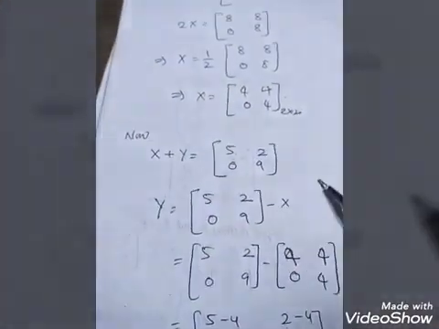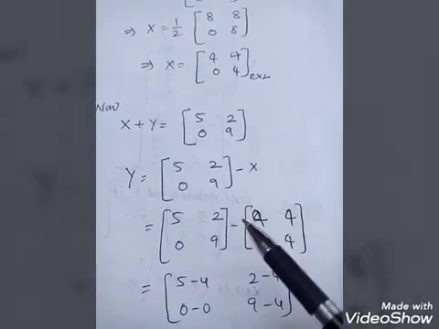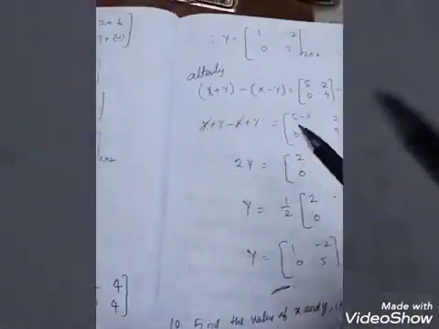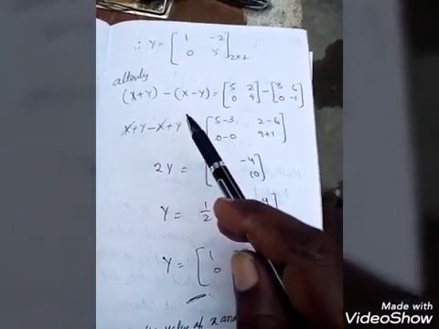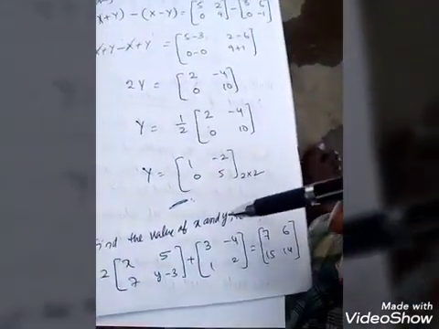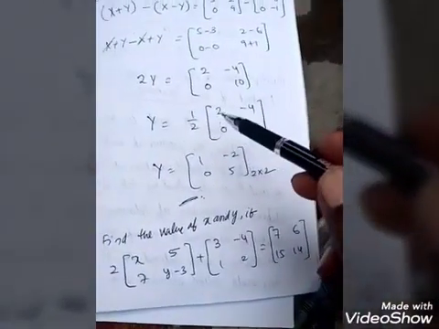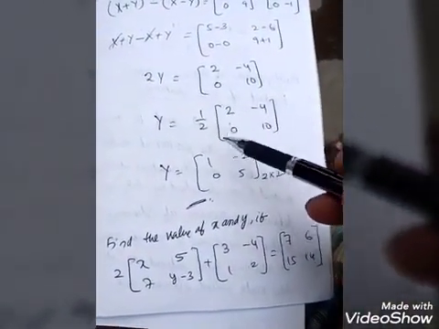Similarly, you can go from equation 1. You can substitute the x matrix in that one. Otherwise, alternately, you can go for the subtraction of equation 1 minus equation 2. You are going to get the y matrix. Here I mentioned 2 ways. Whichever you feel is easy, you can go for that one.